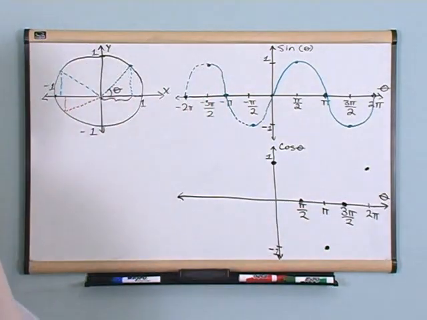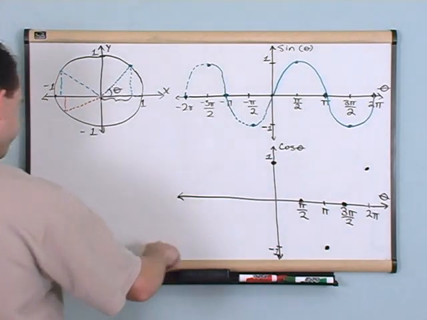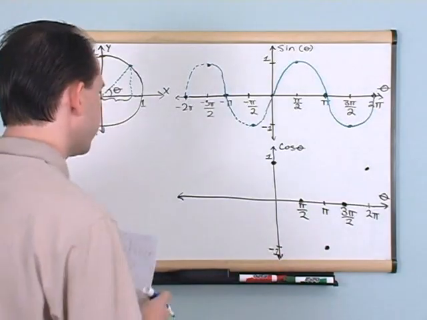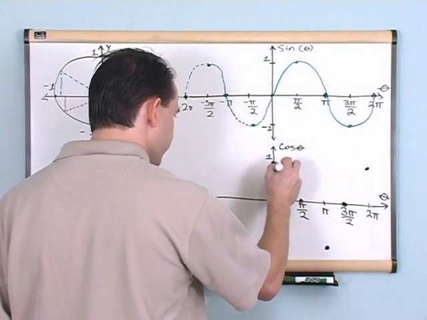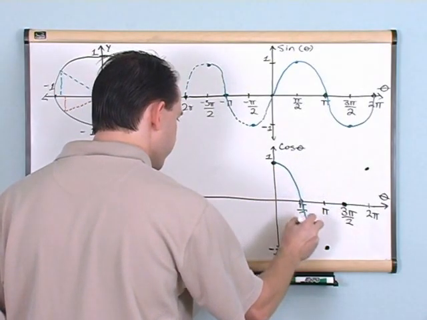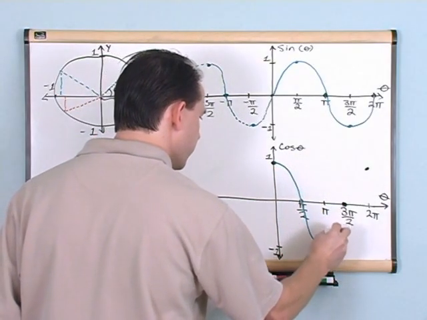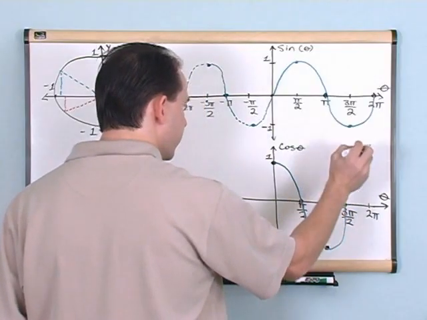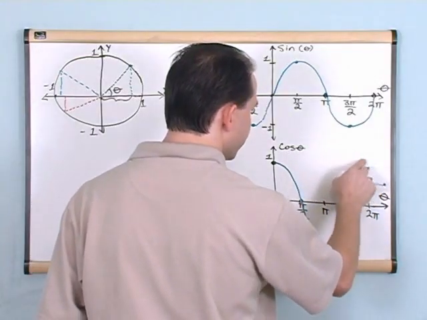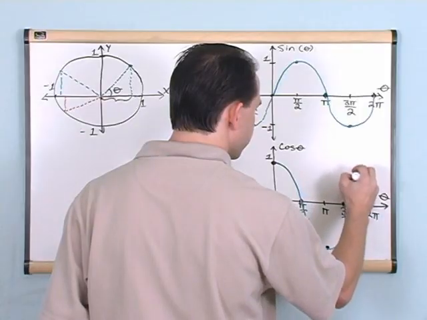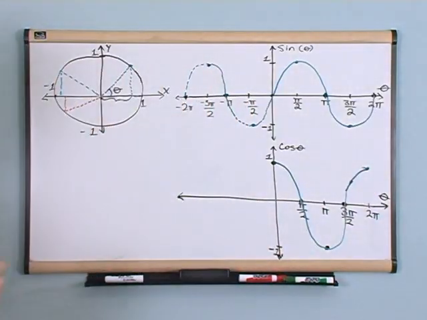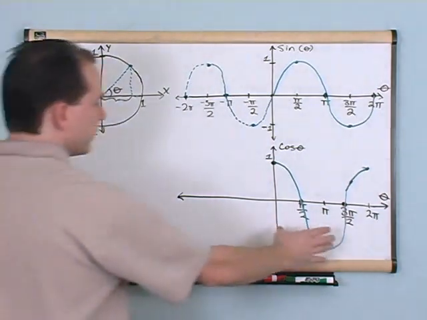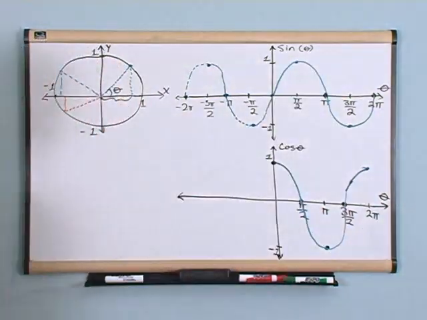Okay? So here is my basic plot of a cosine function. All we need to do is fill in the blanks. What we do is we start here, and we come down and we go through 0 to the maximum of minus 1, up through 0 again, and then end up kind of over here. This should be a little bit more curvy, like this. Okay? So that is basically the cosine function in the same region of angles as what we had already defined